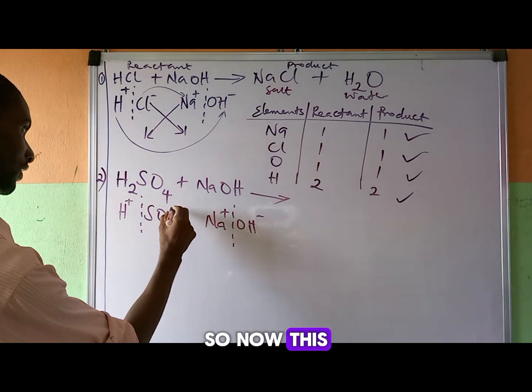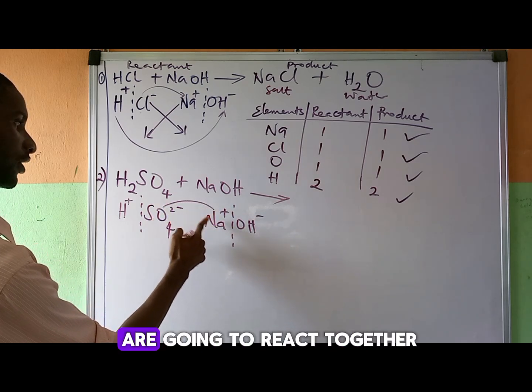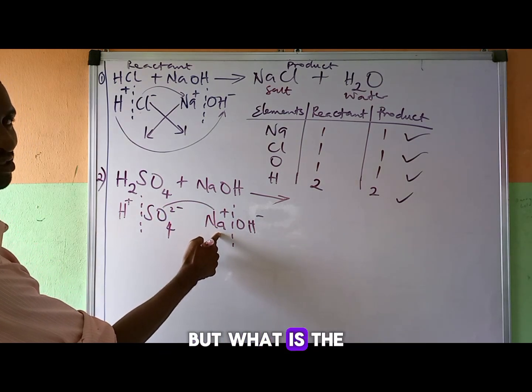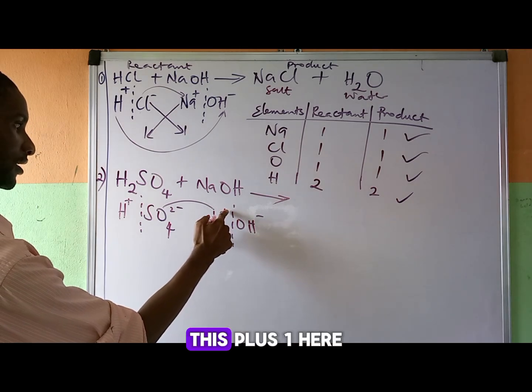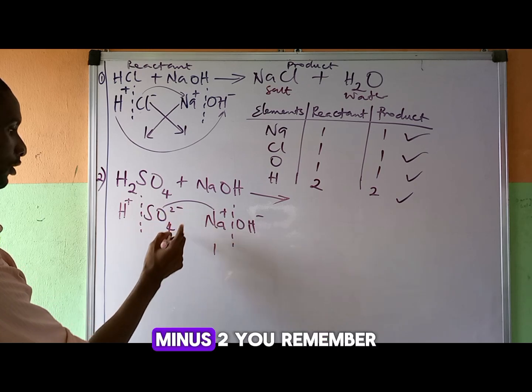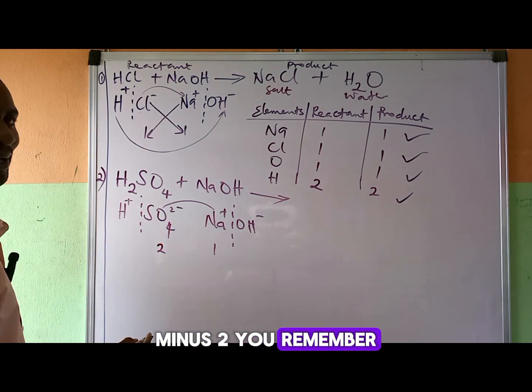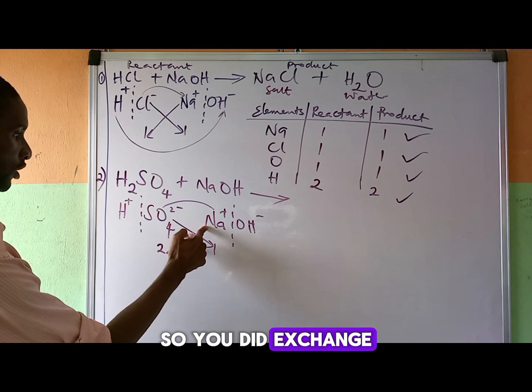So now the negative and positive ions are going to react together. But what is the oxidation number of sodium here? It's plus 1. What's the oxidation number of sulfate here? It's minus 2. You remember I said they will exchange their oxidation numbers. So if they exchange,